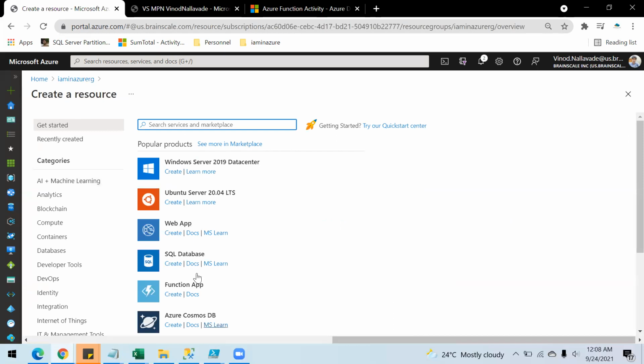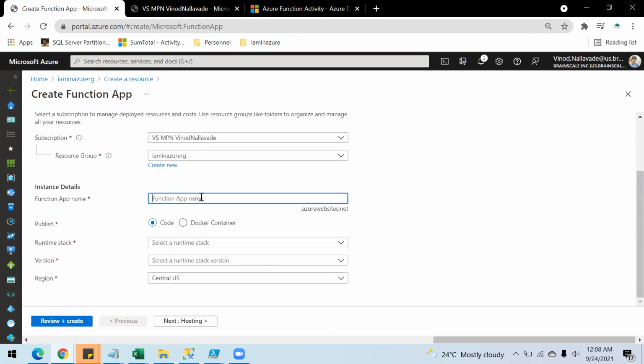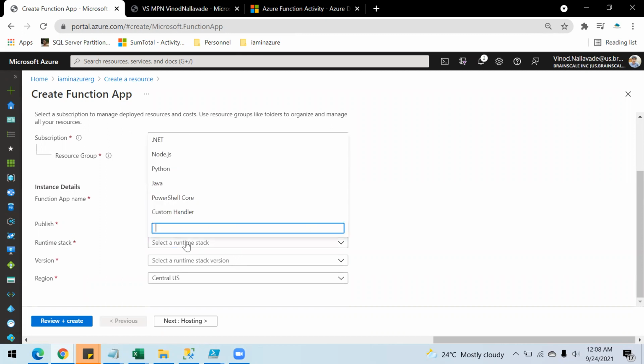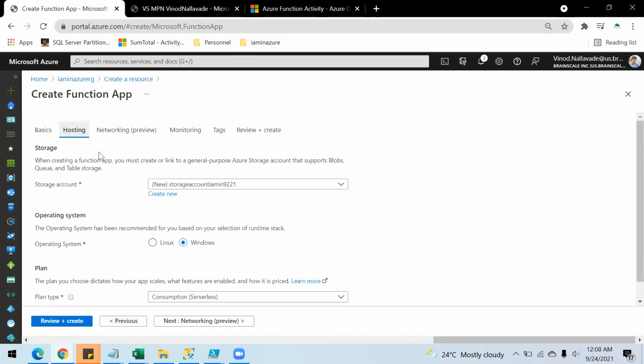So we need a function app. Let's create that. The function app name, I'm going to put as I'm in Azure FNC. And I am going to create the very basic .NET one. We can create any one for the testing, but I'm choosing .NET.